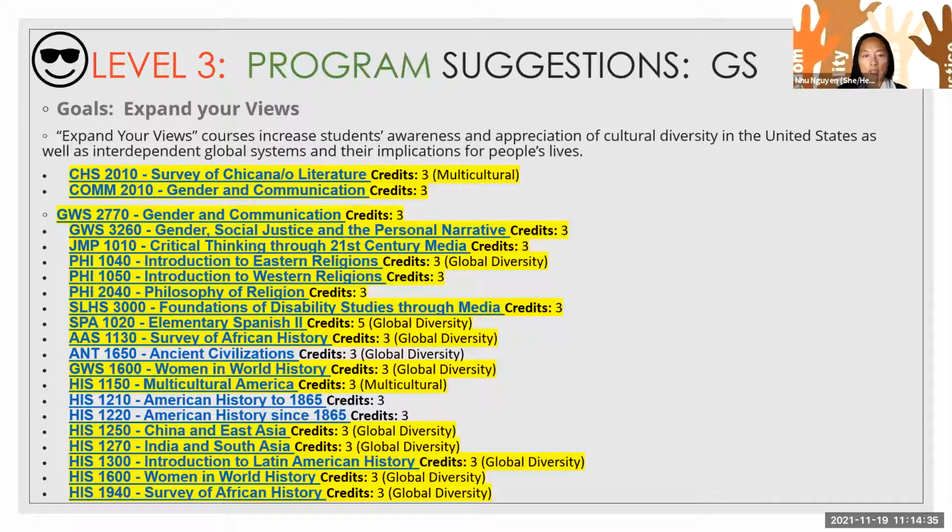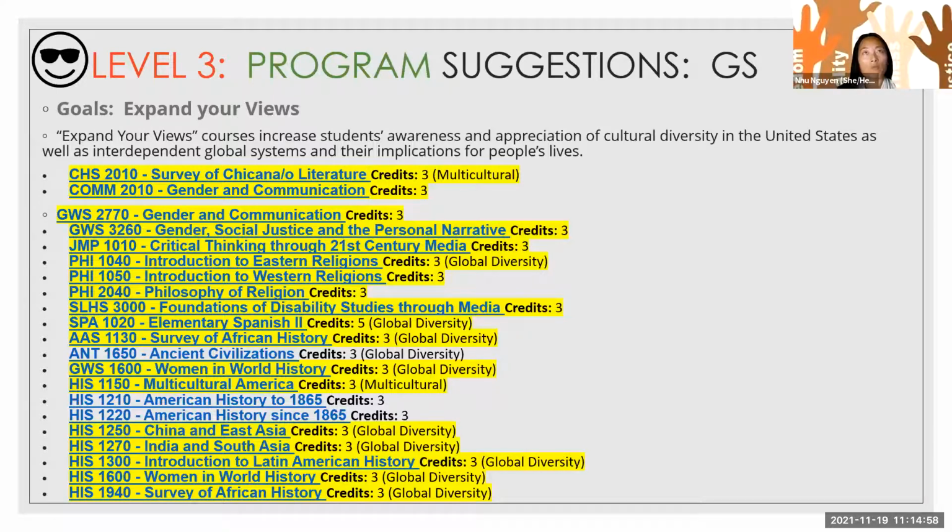And so these are just some things that we've highlighted, and there's a further list as well that is much more extensive than this, but I thought I would just highlight some for you that came off of our general studies list that we felt would expand our teachers' views, so that when they come to us after they're done taking their first year or 2 years of general studies, they come to us already with